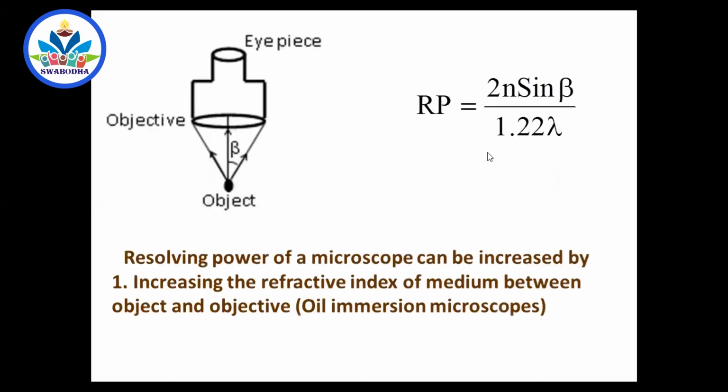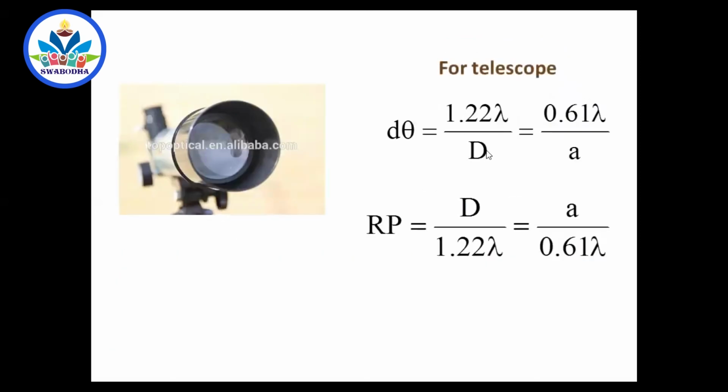That's all. Similarly here, for a telescope, 1.22 lambda by d. Sorry, this one, d by 1.22 lambda. So resolving power should be as high as possible. Lambda should be in the denominator. Of course, here lambda is not decreased, but lambda should be in the denominator. And the lens should be of larger and larger diameter, so the diameter should be in the numerator. So that's how we can remember it, by using the points which are used to increase the resolving power. So stick to only one formula: resolving power of telescope, resolving power of microscope. Then you won't forget it.